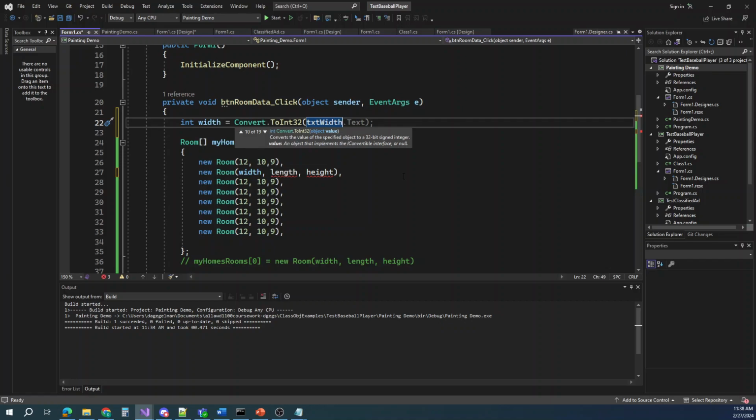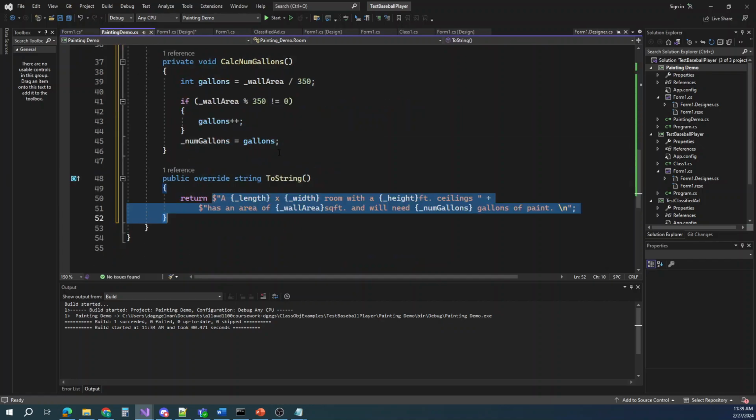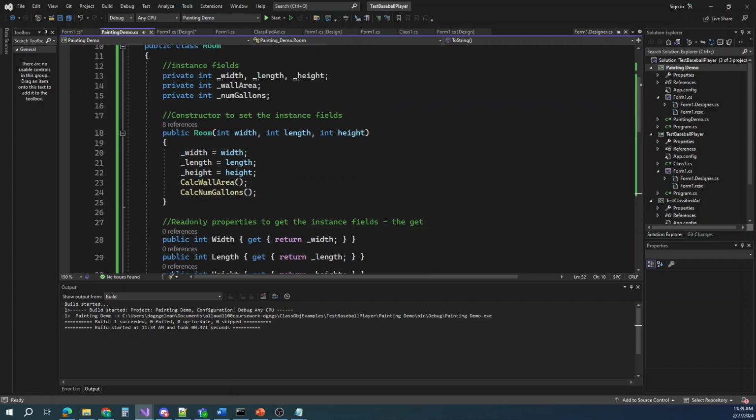Did you also do convert toString like at the end? No, because we overrode that toString method, and so if you do, it could throw an error. It may not, but we don't want it toString because it's a string already. We need to convert it to an int